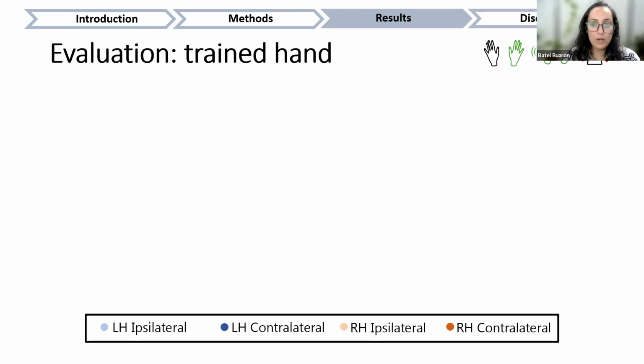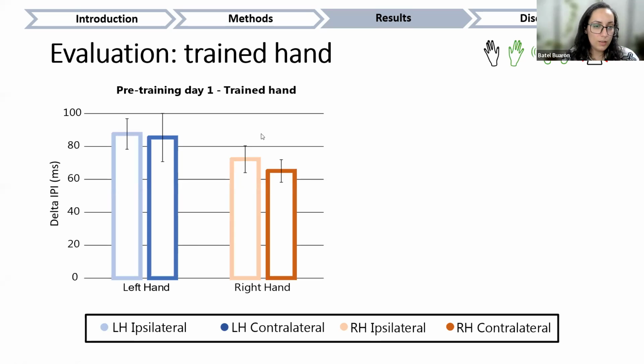To do this, we had the evaluation phase, and I remind you that participants had a similar task in the evaluation, but they used only one hand and received feedback to both ears, and they didn't have any metronome feedback. In this evaluation, first we want to examine the first day. On the first day we didn't see any significant difference between the conditions. The x-axis here is the hands, and the y is still the delta IPI. We see a slight advantage for the right hand, but it's not surprising because all our participants were right-handed. We didn't see any laterality effect in here.